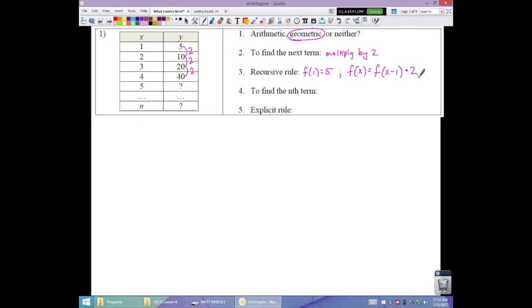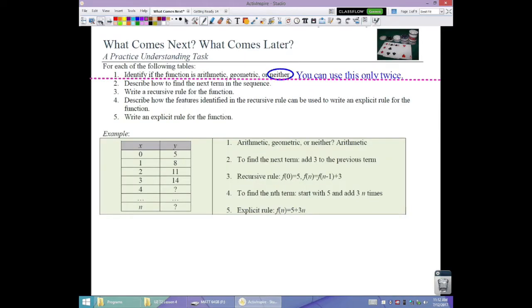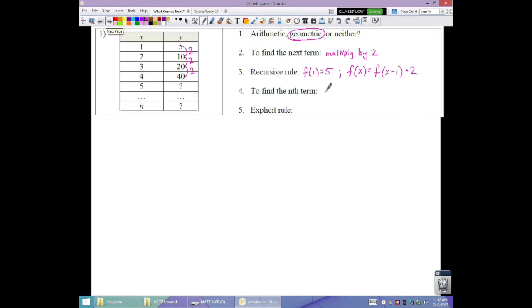To find the nth term, that's asking us really, what do we have to do to get any value? So if we look back at their example, what they mean is in words, we want to say where we start and how many times we do the adding or the multiplying. So to get the nth term, we will start with, now we don't start with 5 because that's not the 0th term. We would need to go backwards into this pattern one place. So if x were 0, going backwards, 5 divided by 2 is 2.5. So start with 2.5,